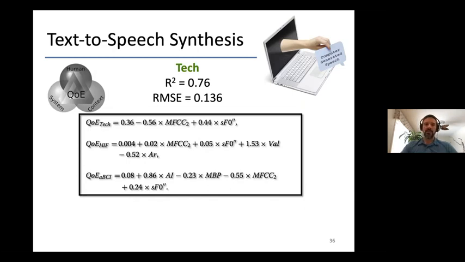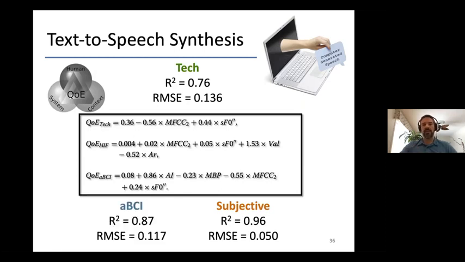And then we asked them to rate their emotional states when interacting with these systems, and they reported their valence and arousal states. We added that into the model, and you can see the big jump in accuracy in terms of qualitative experience prediction from 0.76 to 0.96. Again, we used affective computing to try to monitor those valence and arousal states and then generate a new model.